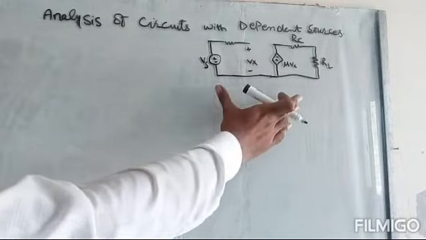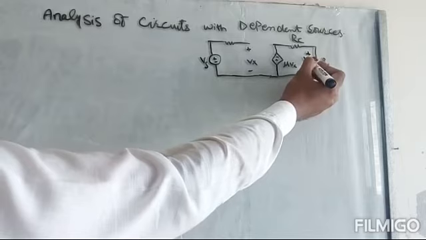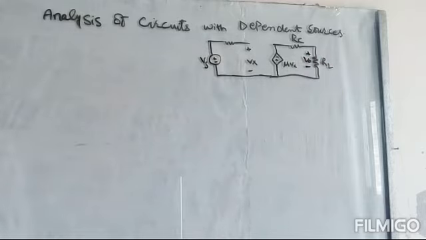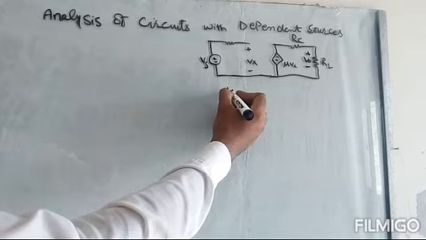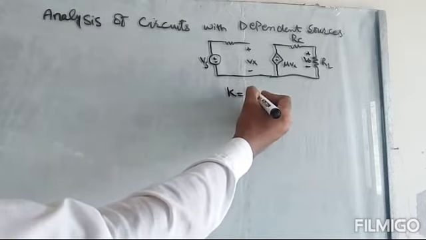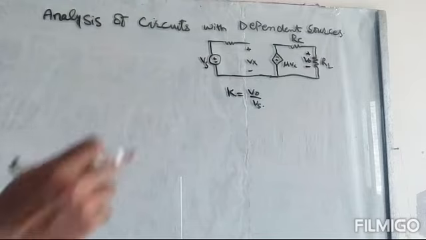So we will be very careful about these two things while using the previous techniques. We will solve this example. The voltage over here, V0, is the output voltage. We will solve this example to understand how we solve circuits that contain dependent sources. We want to find the proportionality constant K, V0 over Vs. So first of all we will find V0, the output voltage.